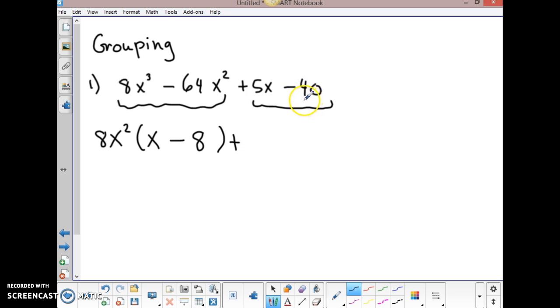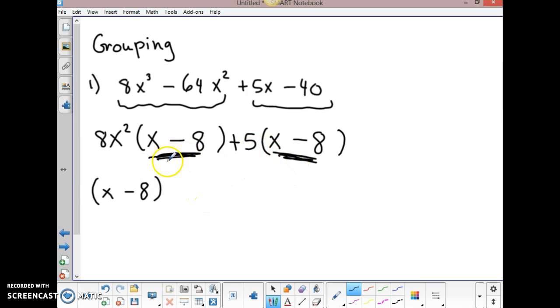We can identify that the 40 has a 5 in it. 5 is a factor of 40. So we can pull 5 out as a common factor. And now we take 5x, we divide by 5, we get x, minus 40 divided by 5 is 8. Now if you have done your factoring correctly, you will always notice that this part will repeat, which means it is in common between those 2 terms. So if we pull it out as a common factor